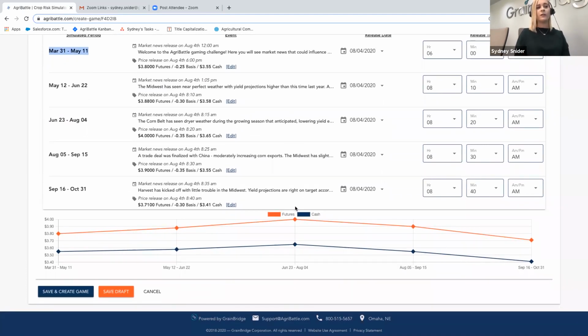And it gives you a look here at the bottom as you're entering information of where those prices are going as far as the trend for our futures and our cash price over time, so you can have a more accurate look at that. When I save and create this game,